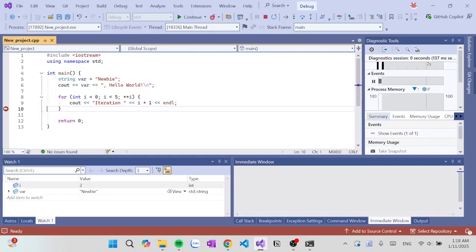Alright, so when I click 3, it has run for 3 loops, 3 iterations. The first iteration starts with i equals 0, the second is i equals 1, and after the third, i will equal 2 here, as you can see, as well as the other variable we declared earlier. So that is basically what a conditional breakpoint is used for.